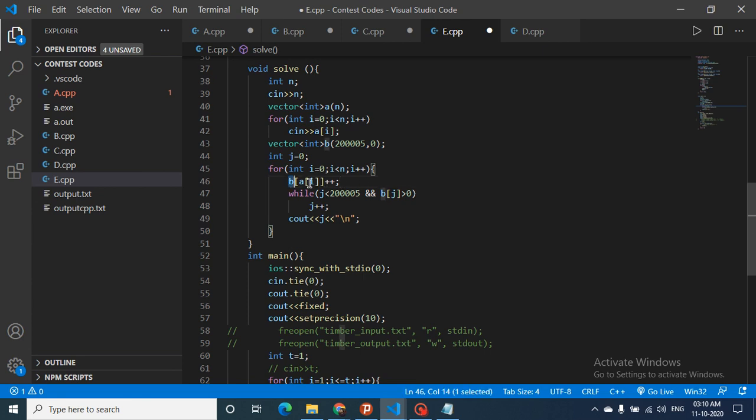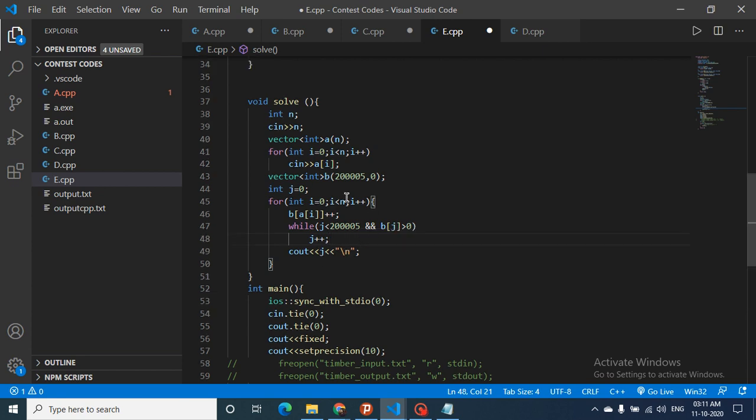After incrementing this value, we check that while b of j is greater than 0, we keep doing j plus plus until we reach a point at which b of j is equal to 0. Then we just print out that j on every next line. I hope you get the point how we are solving this problem.